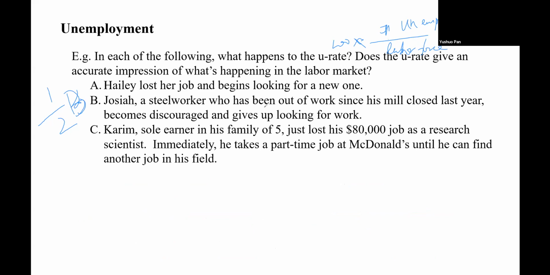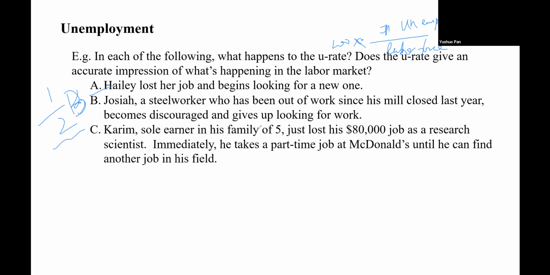Josiah, a steel worker who has been out of work since his mill closed, which means that's the initial situation, right? Before, he was a worker, he had a job, which means this number of unemployment doesn't account him. So he had a job, but at this moment he doesn't have the job, which means he also becomes discouraged and gives up. Before, there were two people: one is looking for the job, and Josiah is the one who already had the job. And at this moment, Josiah